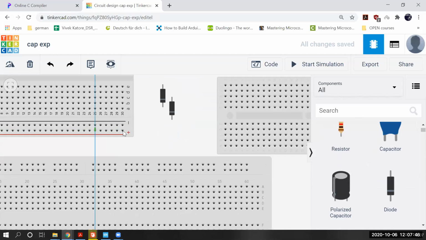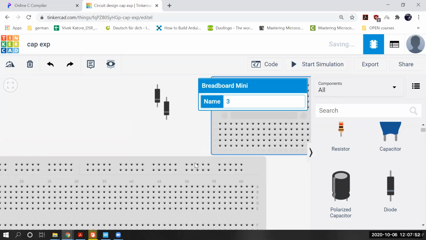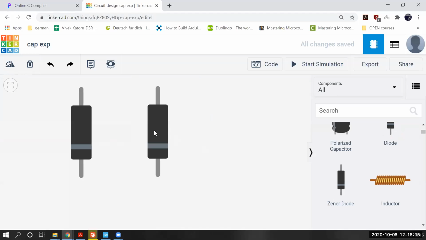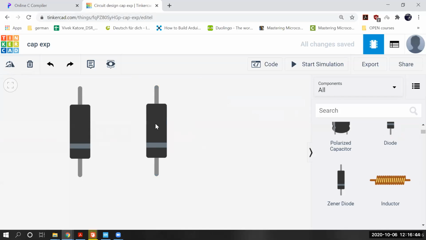Before that, let's do a little recap. Their connection will be the same and their work will be the same, but the only difference will be their voltage level. General diodes are used when we are working in electrical systems, meaning we are working with high voltages, given in values like kilovolts or 440 volts, 3 phase. For this kind of purpose, we use general diodes. They are actually both the same.